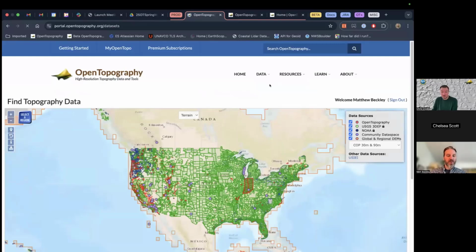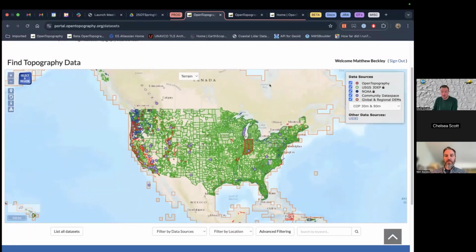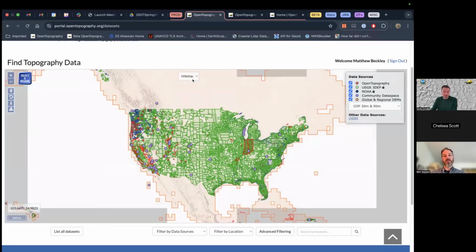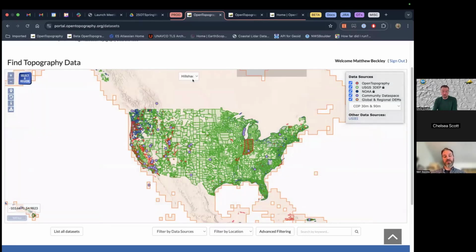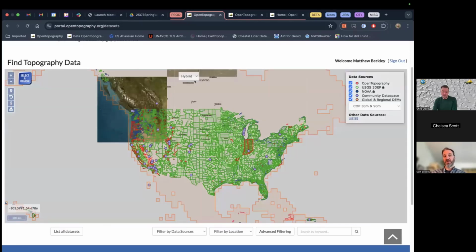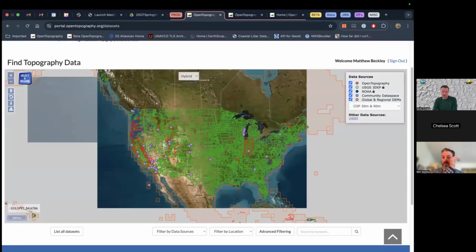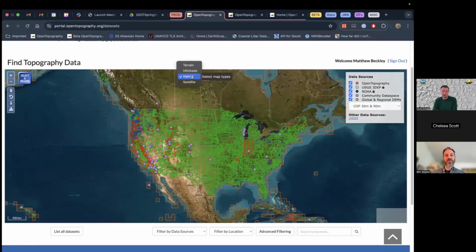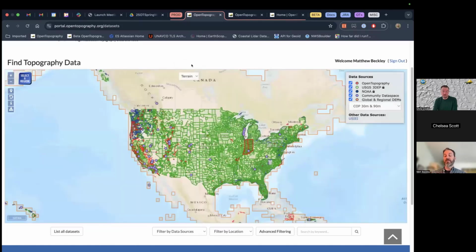So this is our find data map. It's a basic web map. Most people are probably familiar with this. You have your basic options. You can change your base map. You can use the hill shade. This is a hill shade from the USGS web mapping services of all the US. You have your basic satellite imagery with vector town names and state boundaries and other things on that. So that's useful sometimes, especially if you're looking for a certain feature.